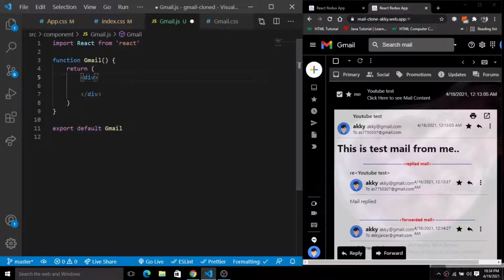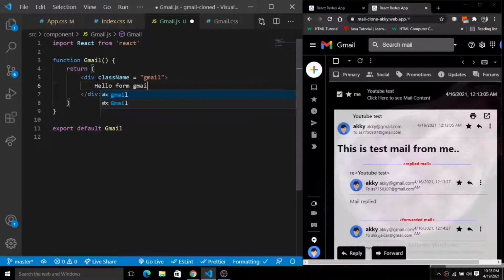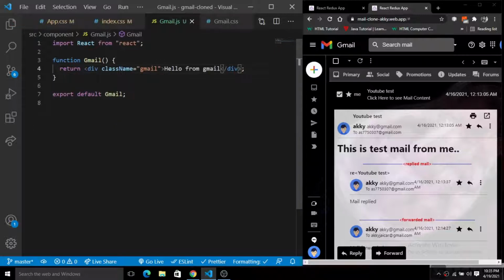Now we will obey the BEM convention, so we'll give a class name here. I will put Gmail for the class name, and here we'll put hello from Gmail. But to render this Gmail, you have to call this Gmail component inside of your app.js.